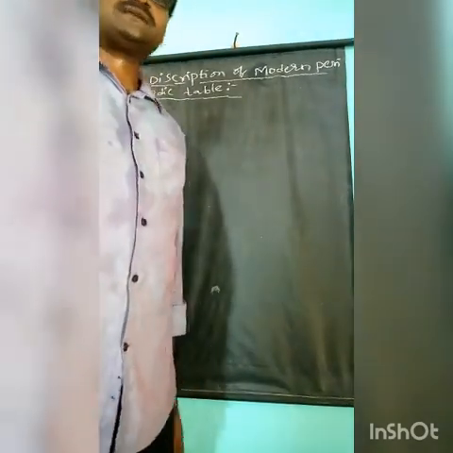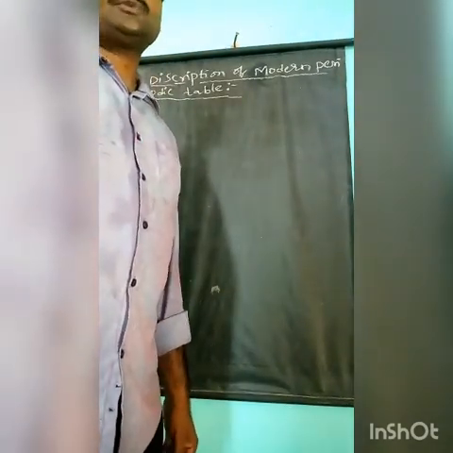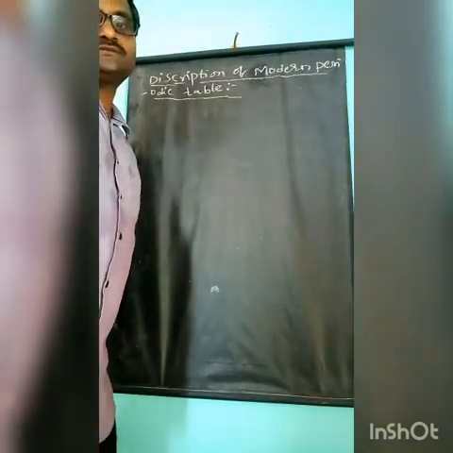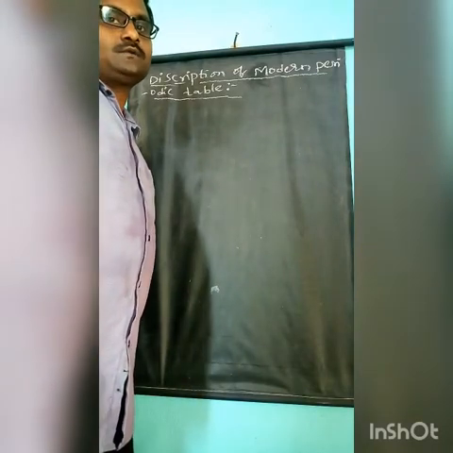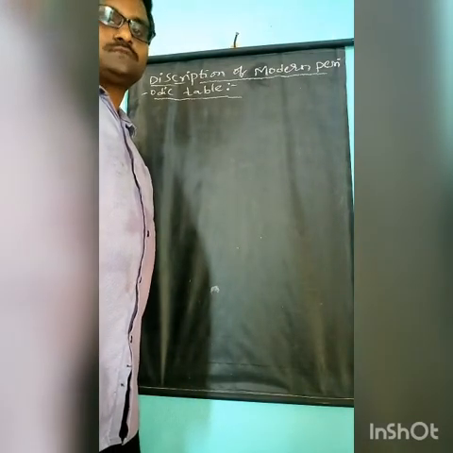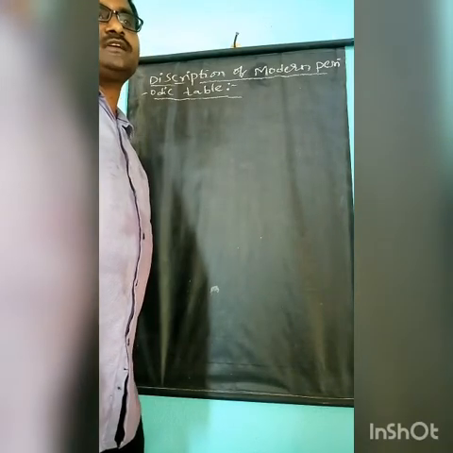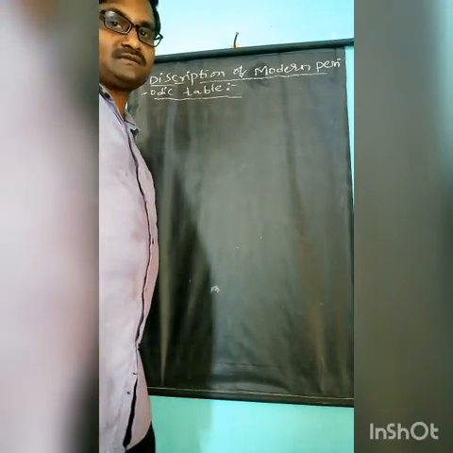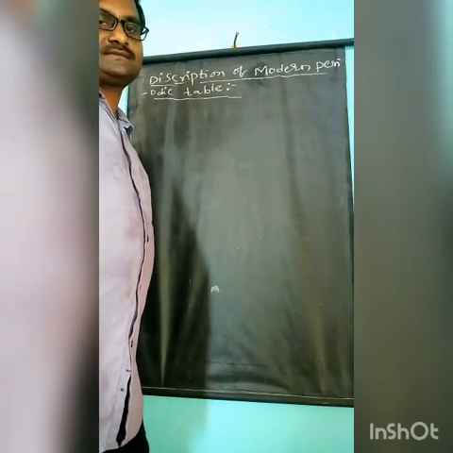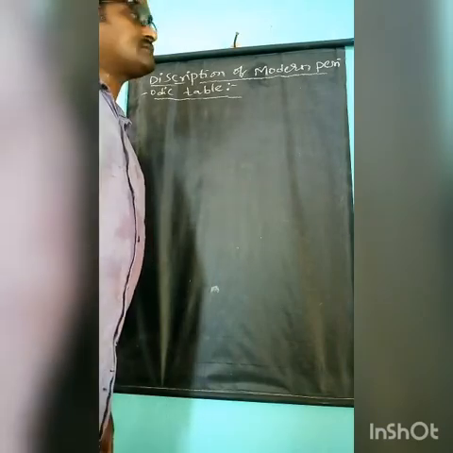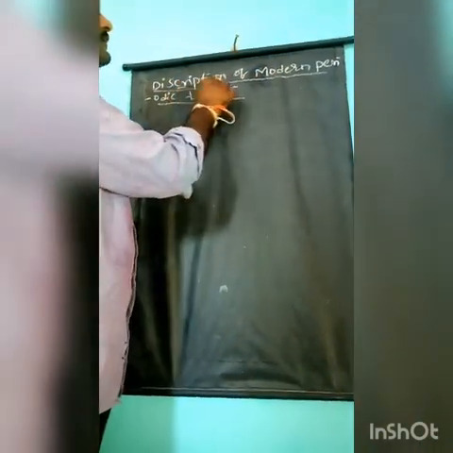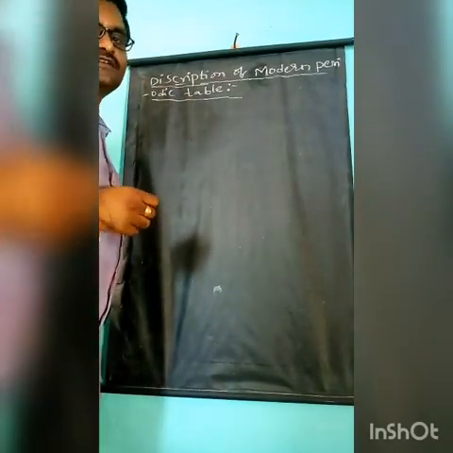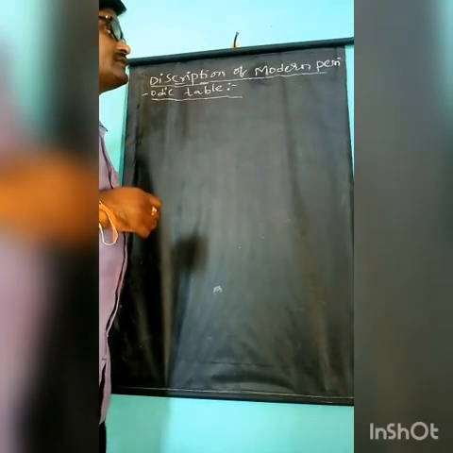So, in the part 3 session, we discussed the arrangement of elements in the modern periodic table and how to remember the elements. Some tricks we learnt and how to determine the atomic numbers of various elements located in the periodic table with the help of magic numbers we discussed in the last session. So today we are going to discuss the description of the modern periodic table, that is, what type of classification takes place in the modern periodic table.